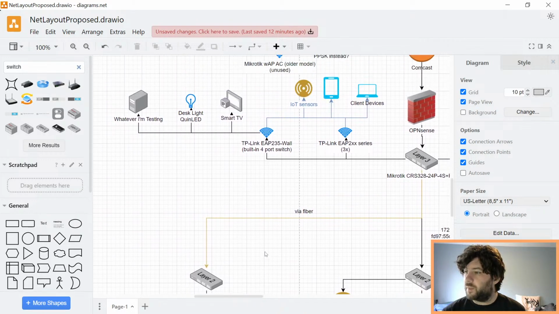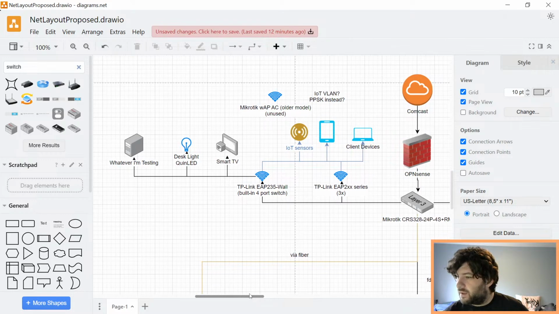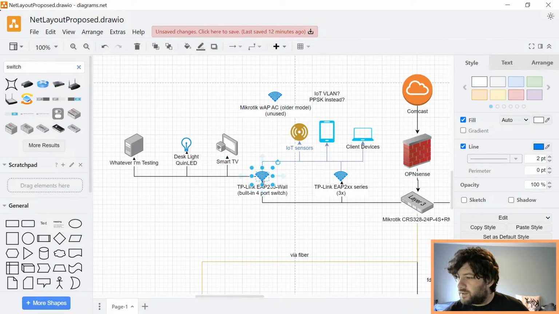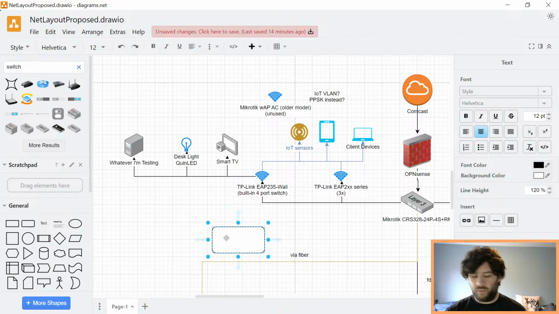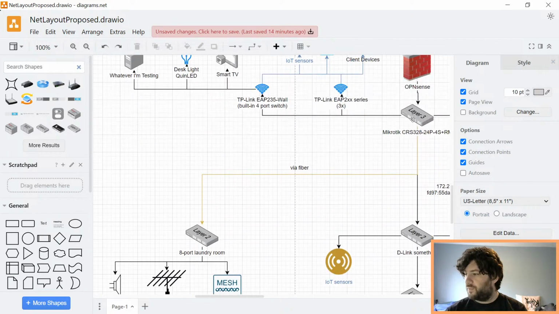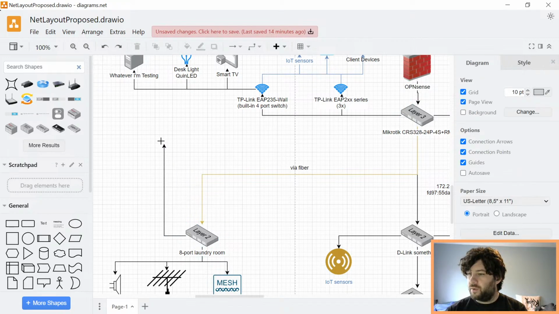Let's see, so what other things am I considering? 40 gig. No 40 gig for me. I want to stop using my access point as my desk switch. So I'm looking for recommendations on a desk switch that can do dual 10 gig. Oh, nope, not that. So I have this fiber here that runs from there to the laundry room. And it wouldn't be that hard to run another fiber up to my desk. But,